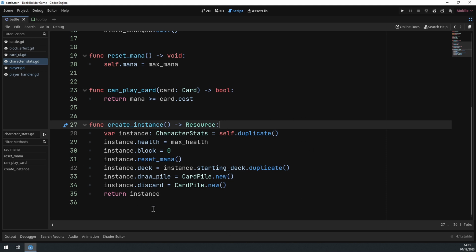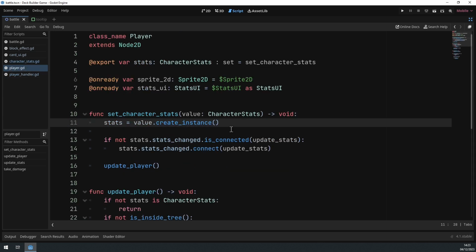And that's not really good because we'll have 2 different resources. One that we play the cards for, and one that displays some kind of stats. And that's not at all what we want. We want to use the same resource, right? So if we go back to the player script, we can delete this create instance from the end of this